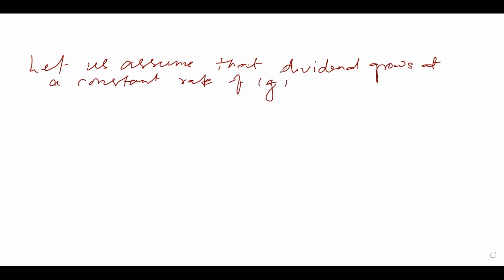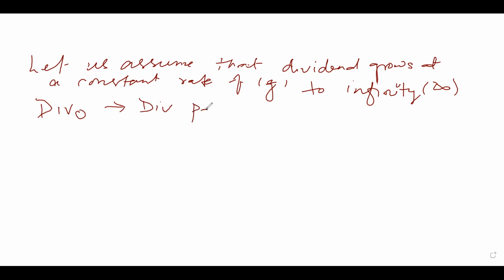This is the growth rate of dividend to infinity, so there is no maturity period for the share. Let us assume that. Let Div 0 be the dividend paid in year 0,